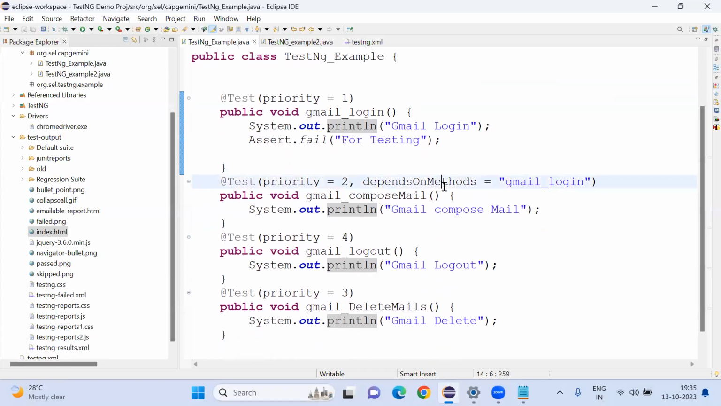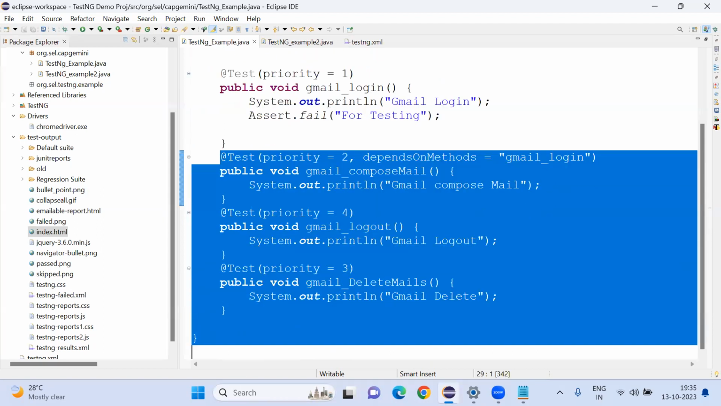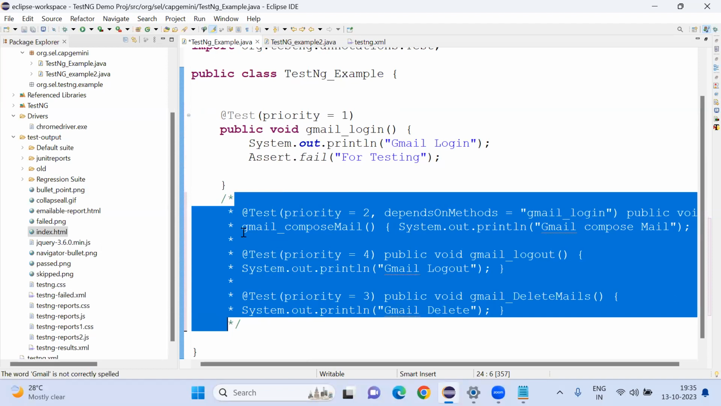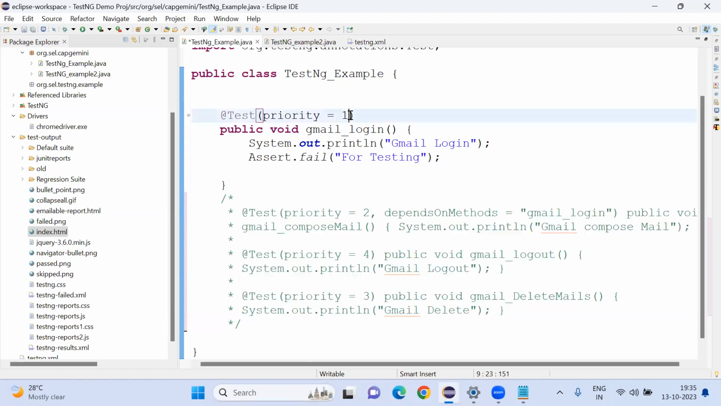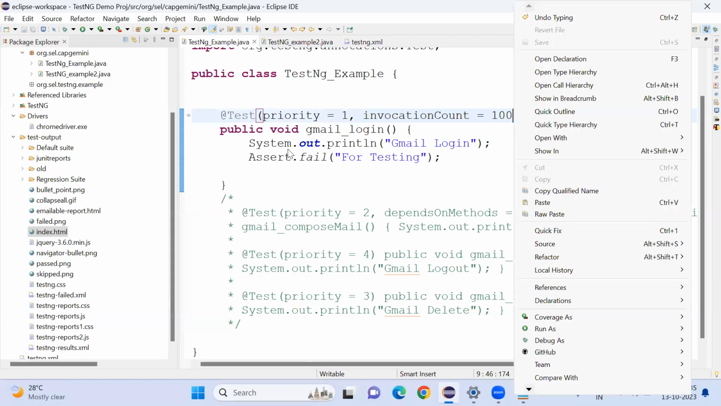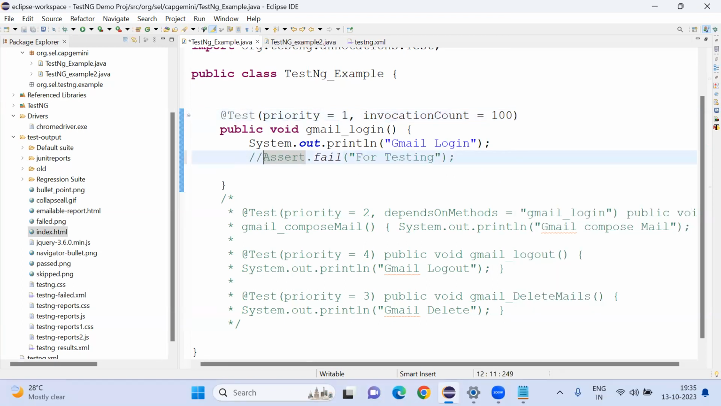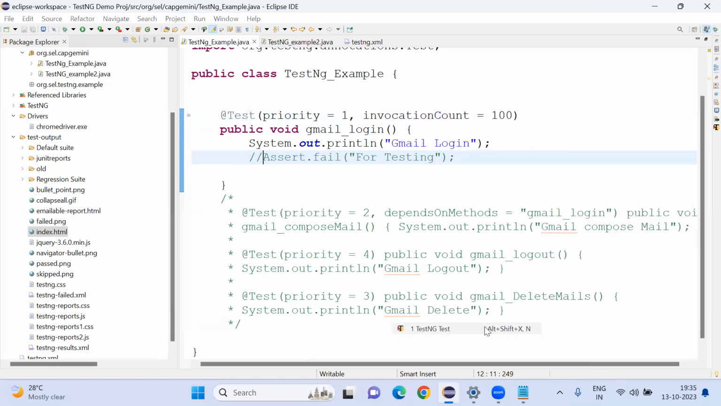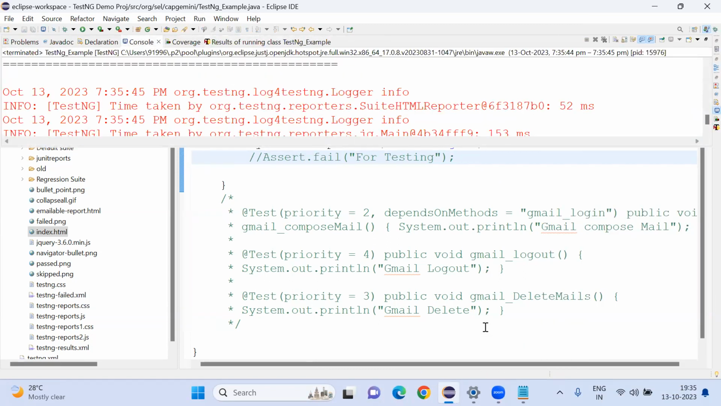This is another feature we have. Suppose I want to execute a single test case, login itself, 100 times. I'm going to comment this. We have invocationCount. I gave this as 100. The same test case will execute 100 times because we gave invocation count as 100. See,